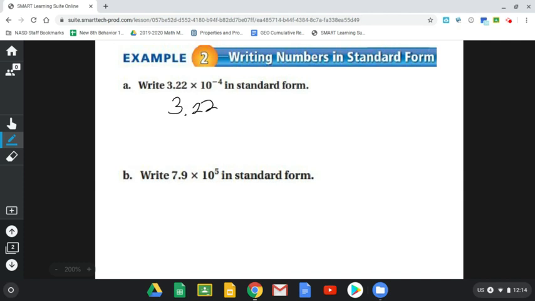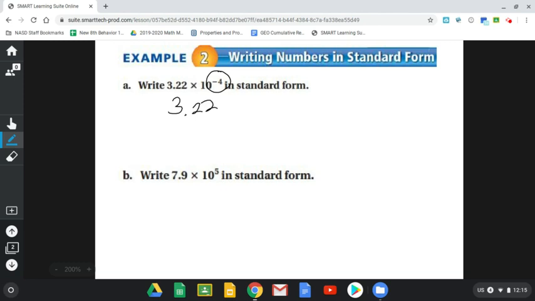What we're going to do here is look at the base 10, because the base 10 exponent is going to tell us to move the decimal point a certain number of places. So this base 10 has an exponent of negative 4. That means we're going to move the decimal 4 place values, because each one of those is a factor of 10. But since it's negative, it's telling us we should be moving that decimal point to the left